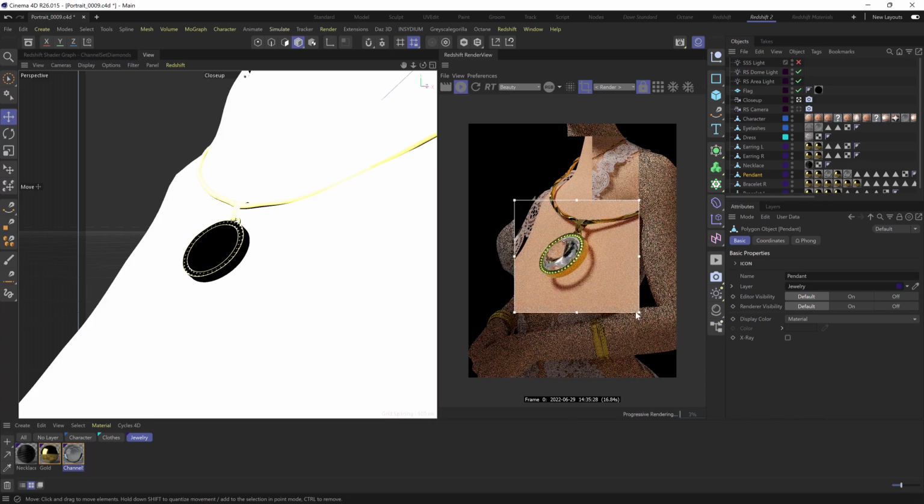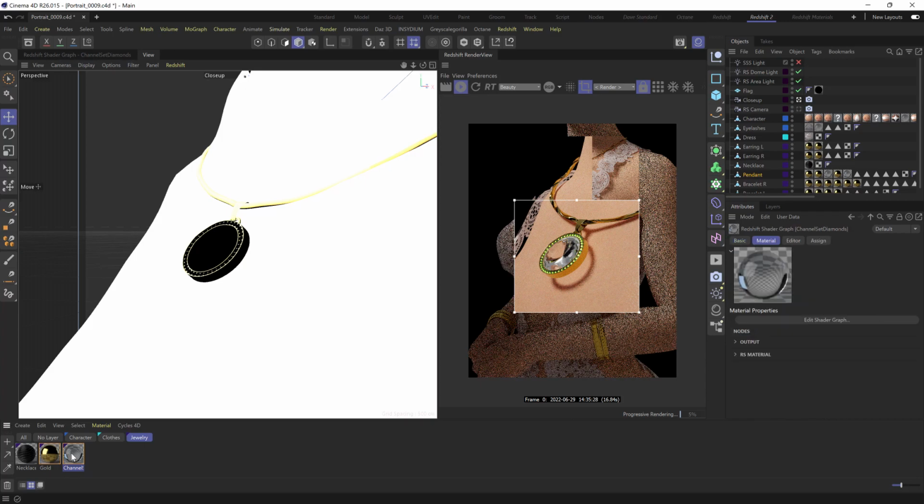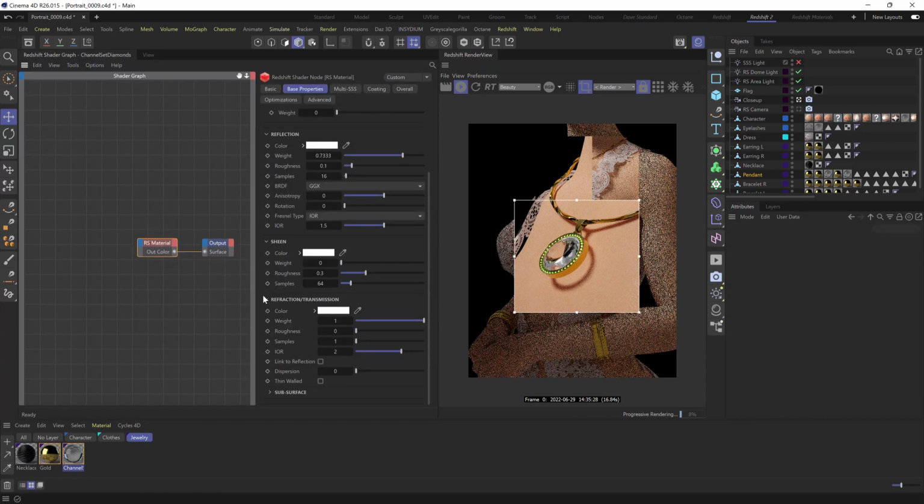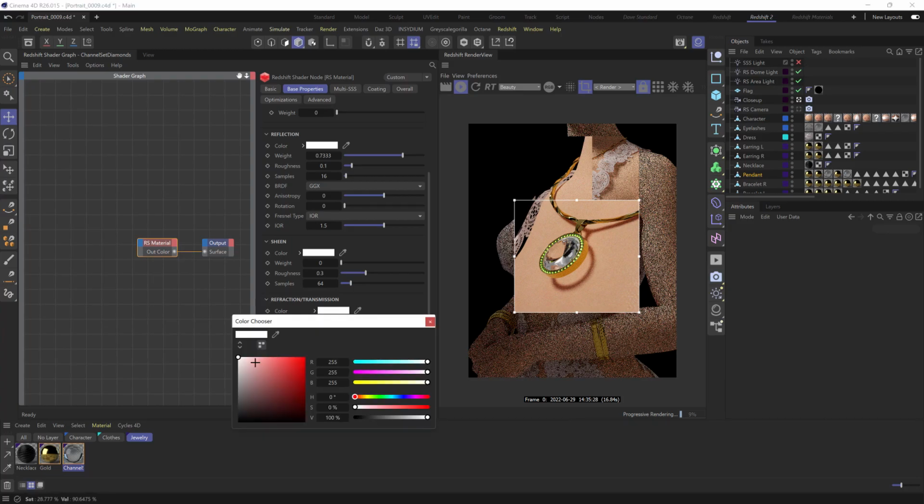So all I want to do to this material is tint it slightly red. So let's go back in there and grab the RS material, and we'll head down to the refraction transmission section and just make the color a nice shade of red. And a little will go a long way here. So I'll just tint this ever so slightly. About there looks good. So we'll close that,